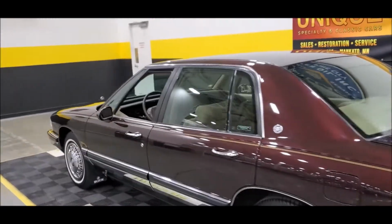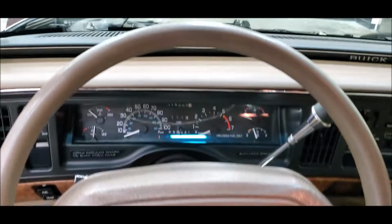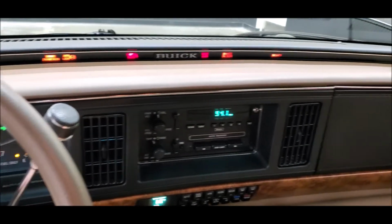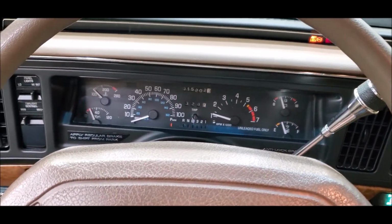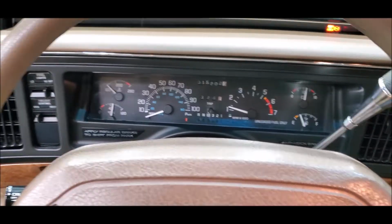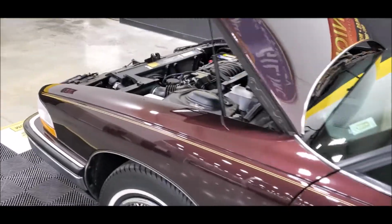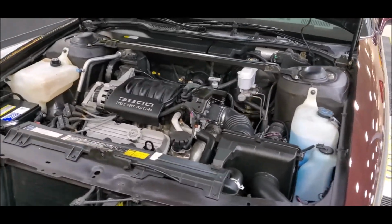Now, if you want to hold on, I will hop in and we'll get this thing started for you. Okay, let's fire it up. As you can see, everything checks there. Those lights will go off, of course, once it's running. Sounds good. You can see the radio's on and working as well. As I mentioned, it's powered by its 3800 V6 engine. If you're not familiar with these engines,